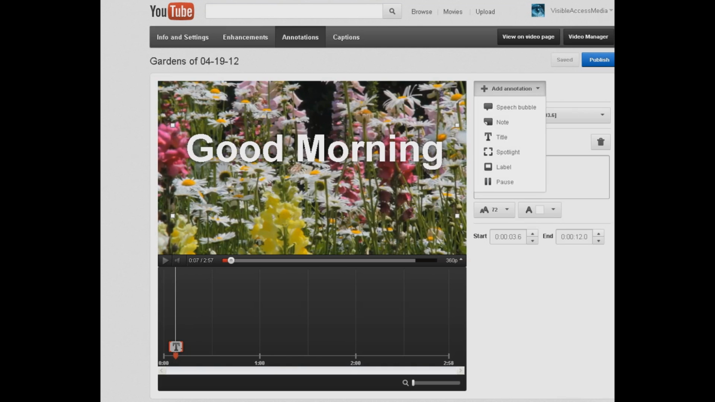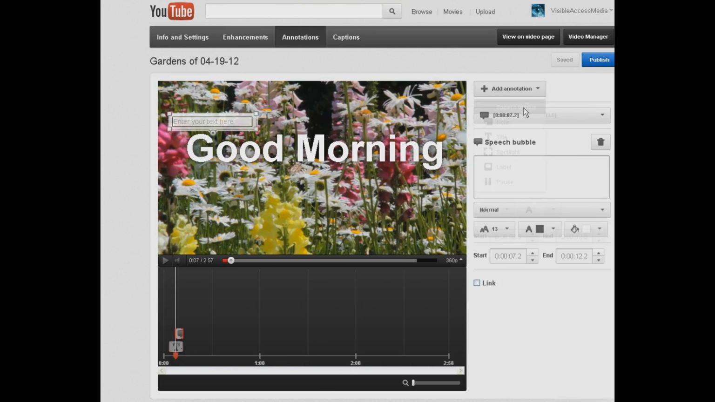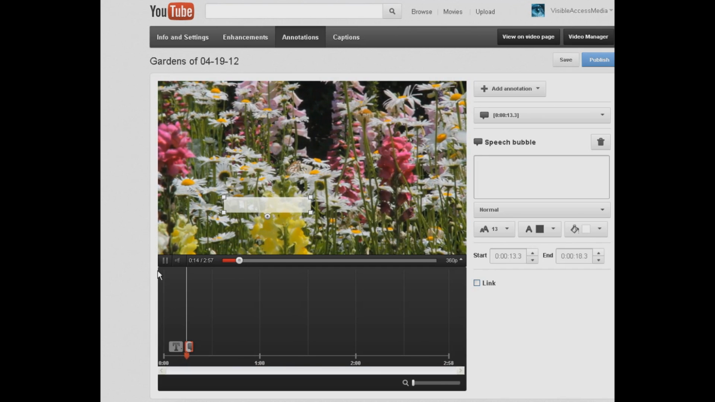Now let's add a speech bubble. So we're going to choose speech bubble, and we're going to move this, let's say down here, but we're going to move this and make it appear after the title. So when the title switches off here, the speech bubble will appear. So let's pause this and say, I am a flower,